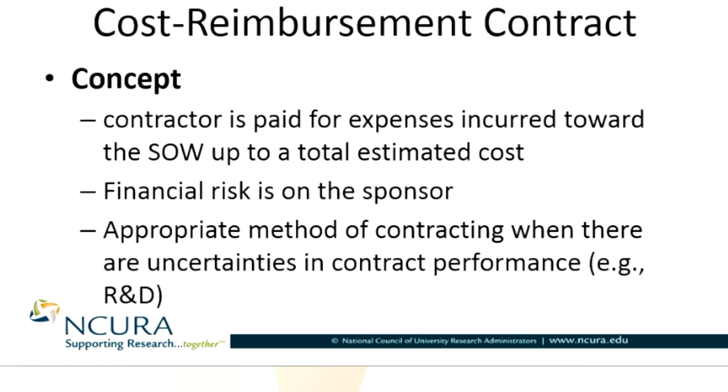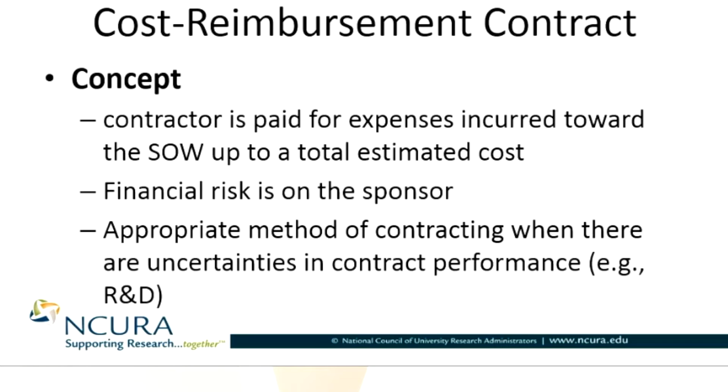The U.S. government recognizes this, and while I'm not going to be looking specifically at FAR clauses in this presentation, they do have FAR clauses and instructions recognizing that cost reimbursement is an appropriate method of contracting when you have uncertainties. So you may find yourself less able to convince a commercial sponsor to issue you a cost reimbursement contract because of the way they look at things. They want guarantees. You may not be able to provide them, and that's where you have to try and negotiate